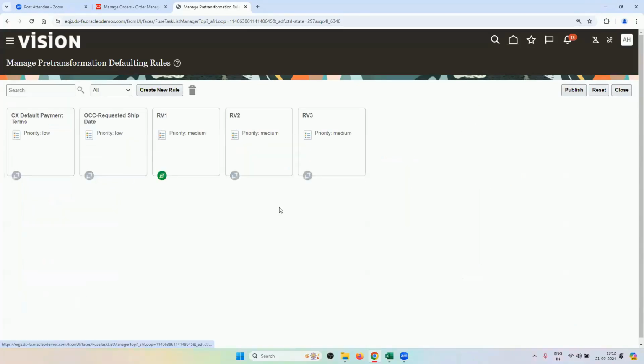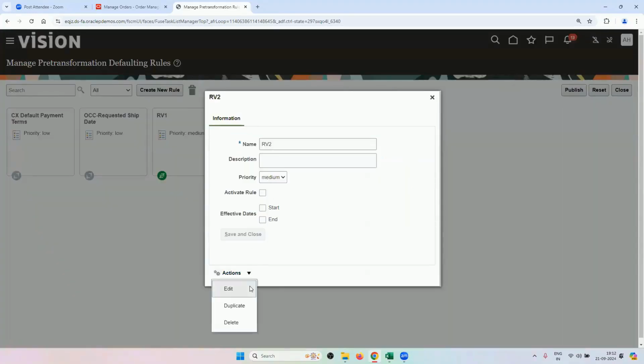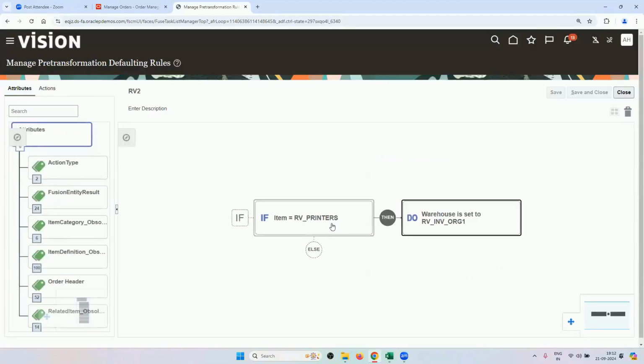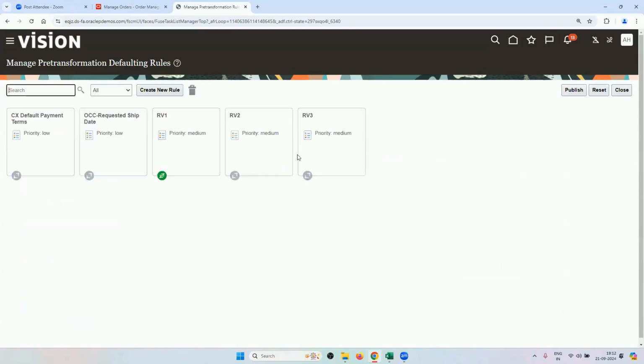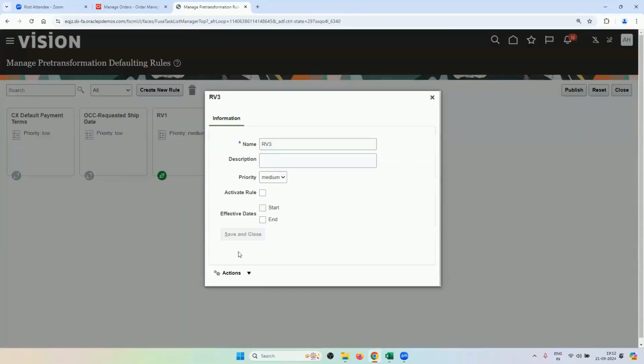Then one more rule we had defined, which we have not activated. I mean, we have deactivated now. If the item is RV printers, warehouse is set to RV inventory org 1. So with this, I'm also defaulting the warehouse, but I've not activated this. Then the third rule was,